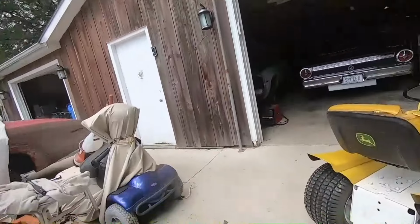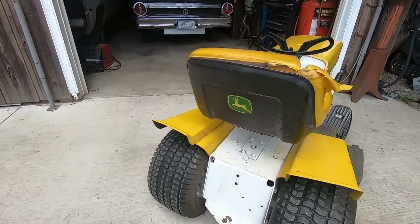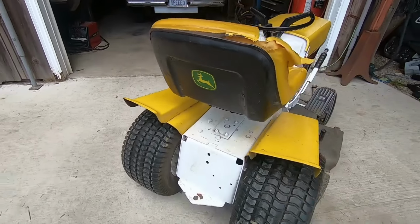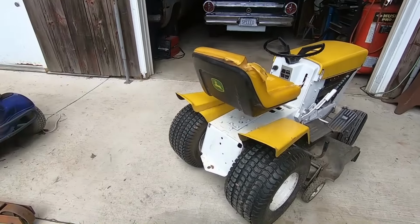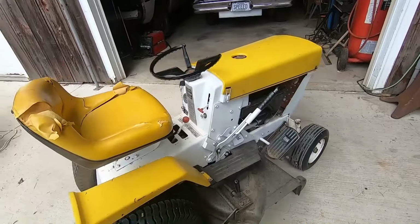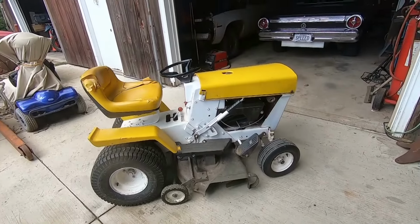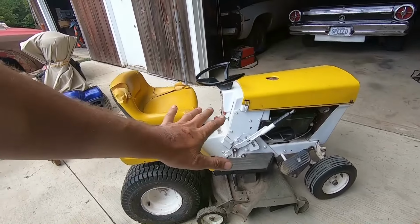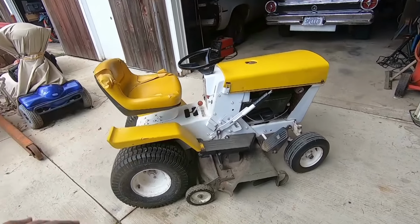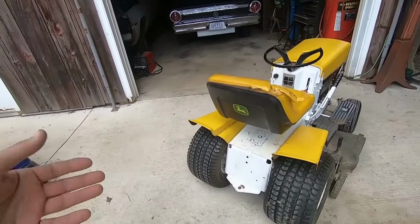Well, folks, I think I did it. I think I stumbled across the most valuable John Deere lawn tractor ever made, sometime in the 60s or 70s, I don't know. From what I've been told, I bought it on Marketplace from a guy that seemed to know his stuff, and he explained a lot of things. Now, brace yourself, I paid $6,000 for this, but I think he said one of 3